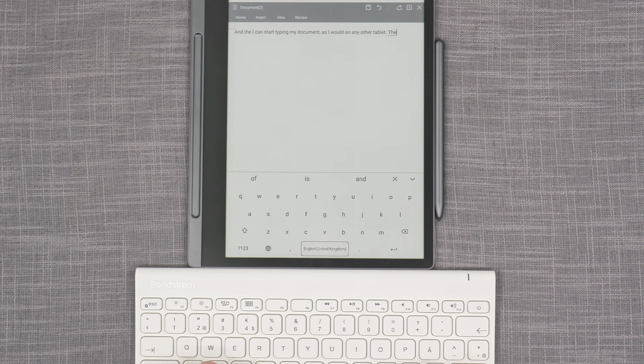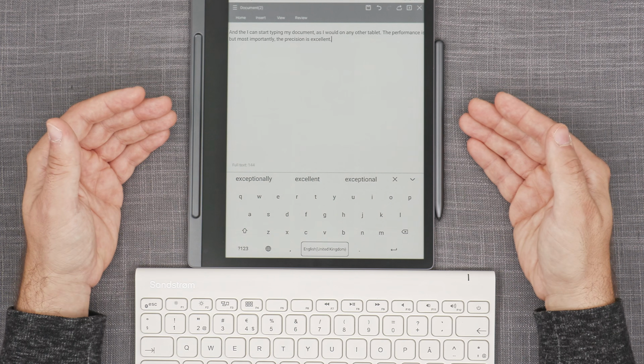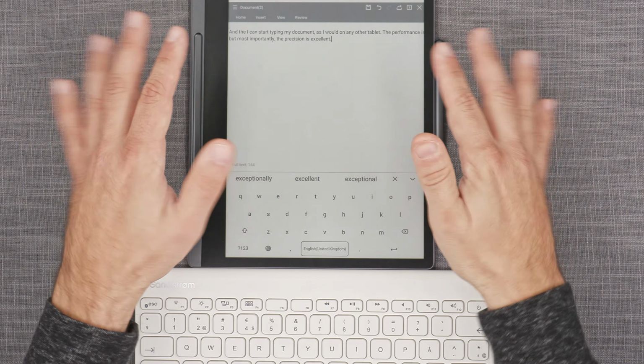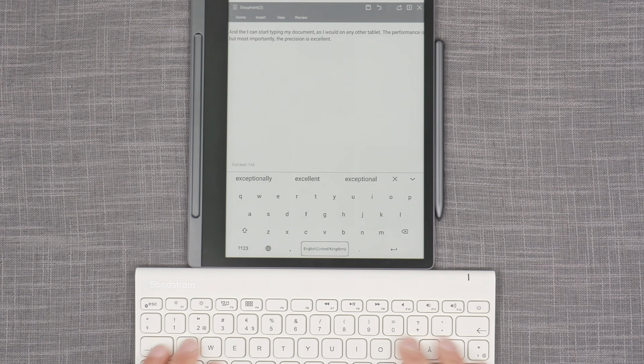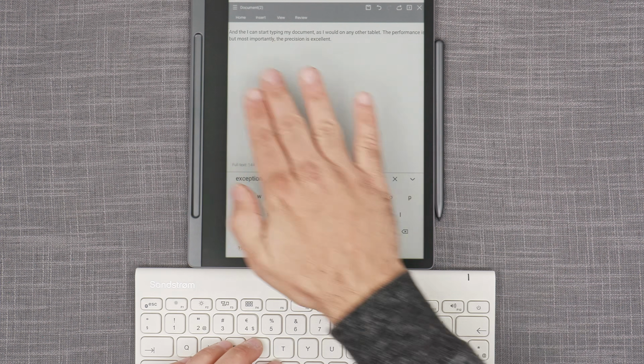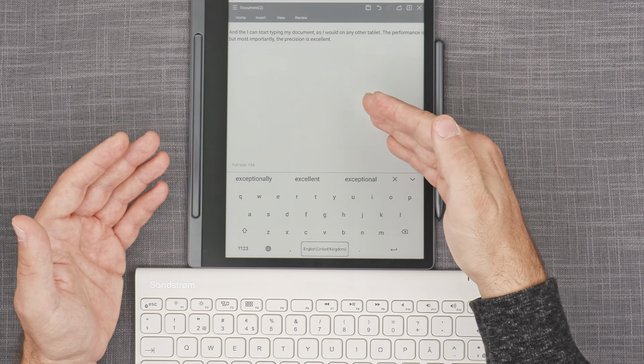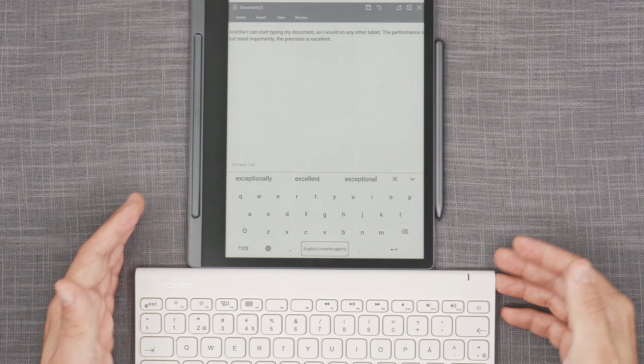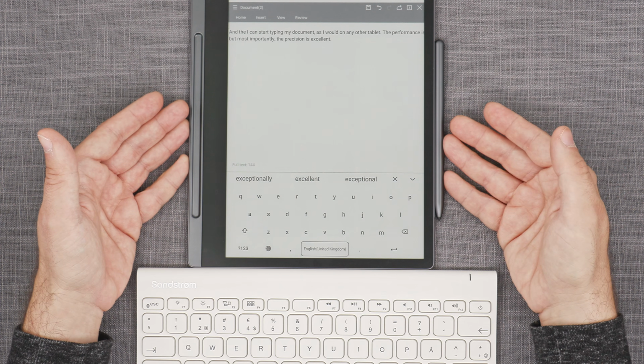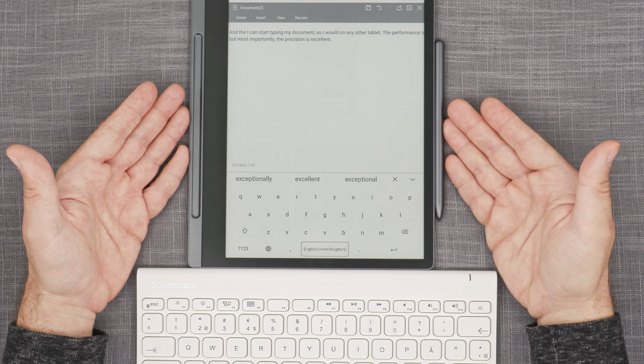The performance is okay, but most importantly, the precision is excellent. So I can just type without looking at the screen, because the performance is really kind of bleh. But as long as I know what I'm typing, and if I'm looking at the keyboard while typing, I see that I don't really have to do many corrections. So that's basically how the keyboard is implemented and how it works with the Lenovo Smart Paper from this